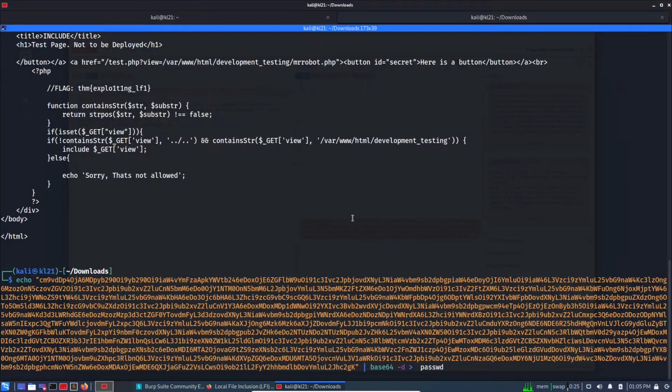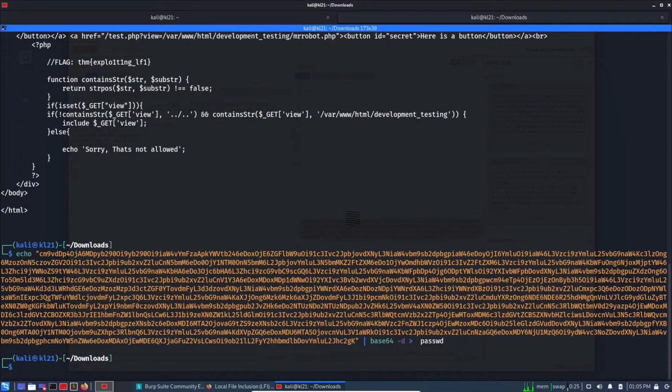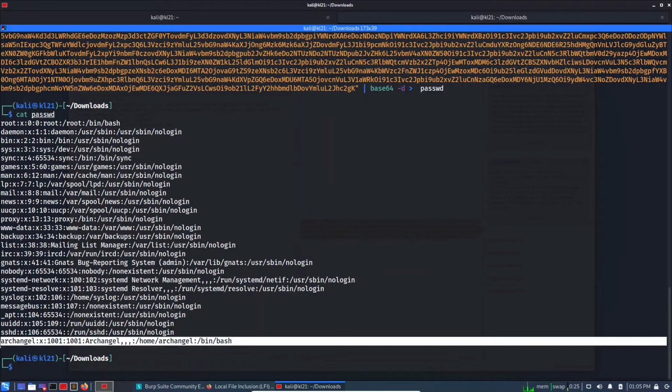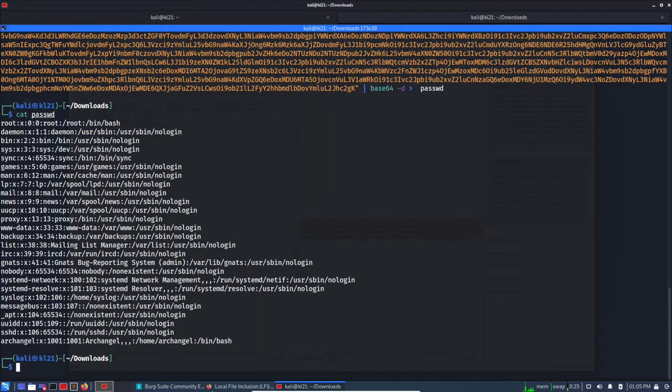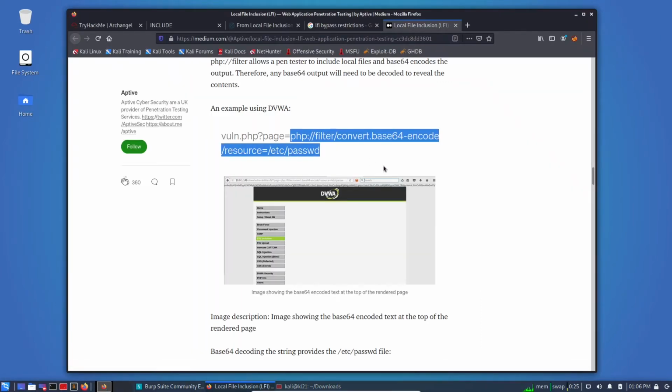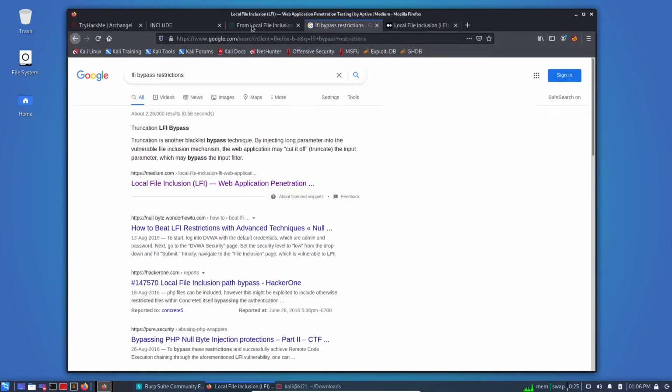I have already executed this challenge to make sure I don't get stuck somewhere before recording. So cat passwd. The only user is Archangel with bin bash and directory, and then root. That's it. Now we can read any file, and the next step is to follow any article like this one